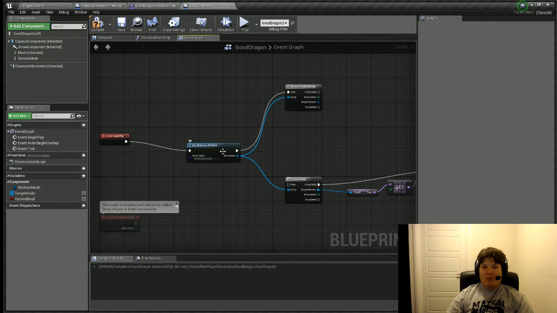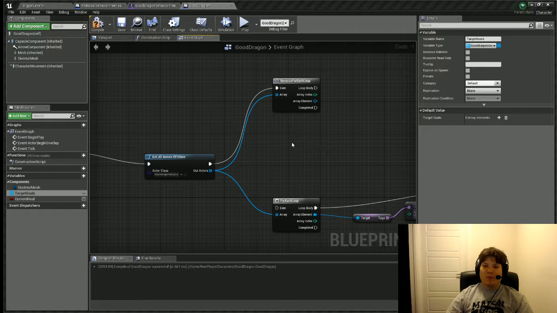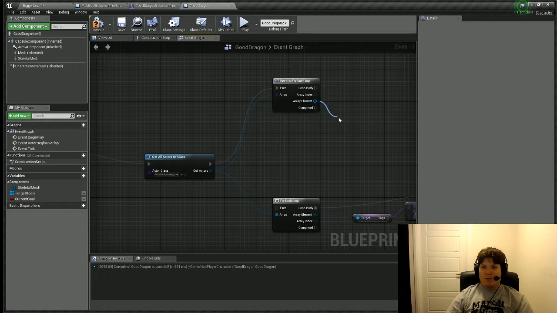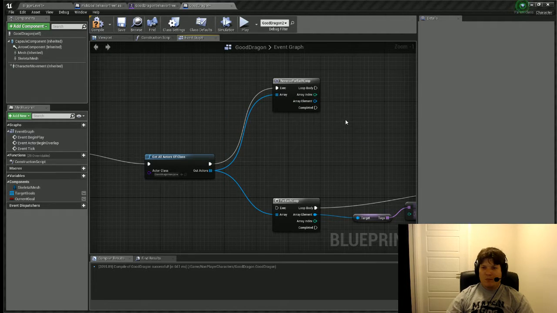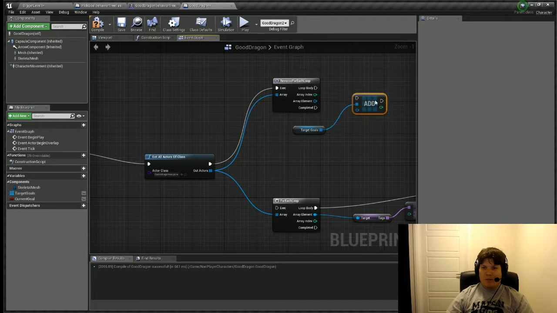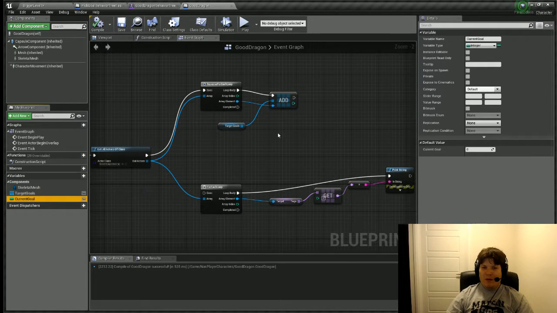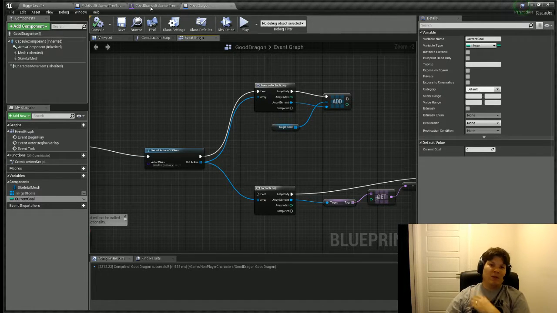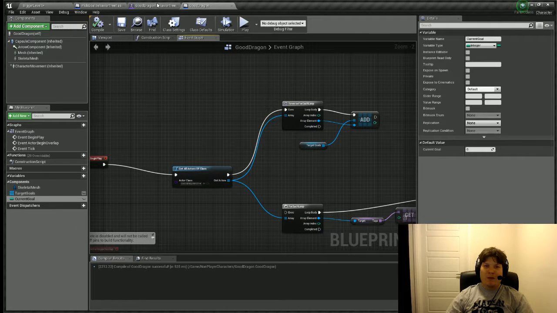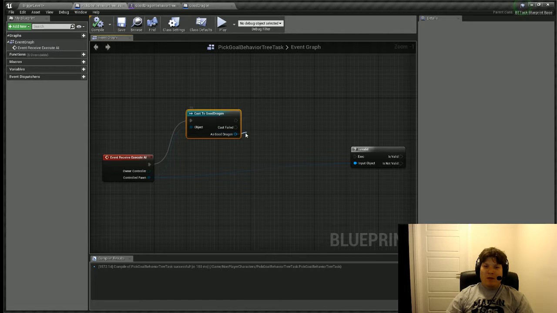So it gets dragon, they begin play, gets those actors. And then I want to add to this array. Current goal will change to an integer. Okay, so it does that at launch. So for pick goal of that dragon, we'll want it to